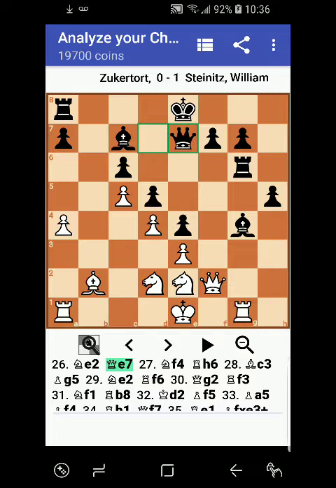Okay, Steinitz breaks the battery with some ideas for his queen to attack. Yeah, let's see the reply. Attacking the rook. Interesting move. Now the rook